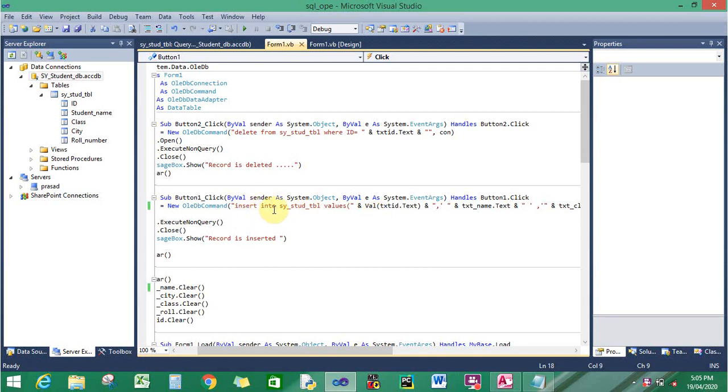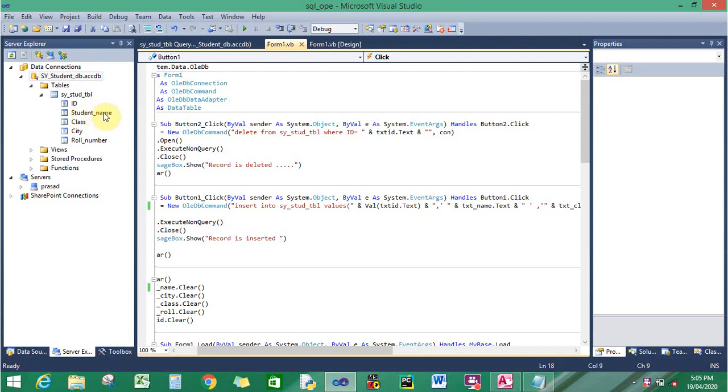Insert into the table name SY stud TBL, and these are the fields we need to pass values for. In brackets, double quote ampersand val. For the integer value, my text box name is txt id dot text, ampersand, double quote, comma.